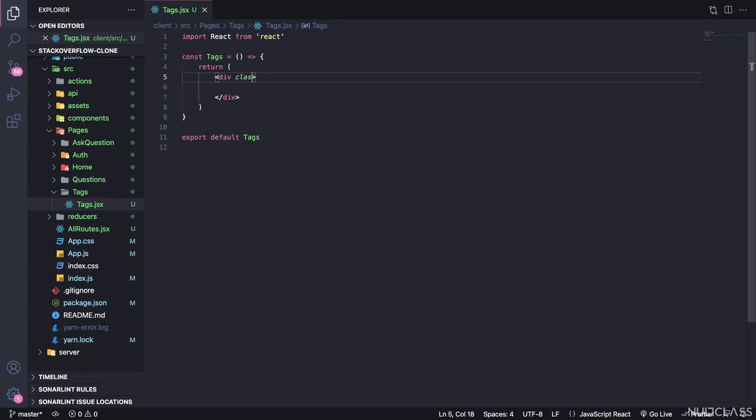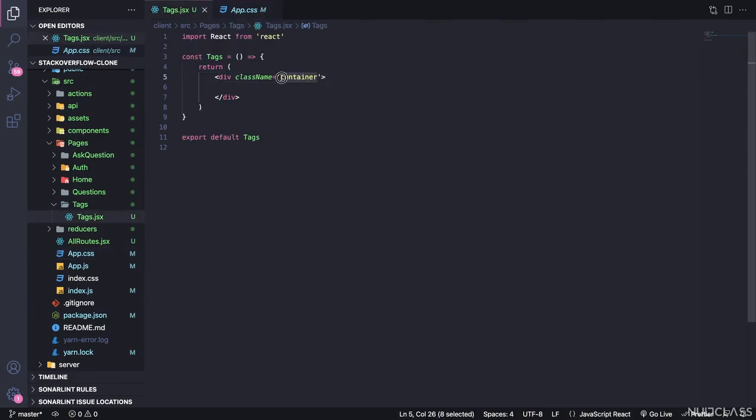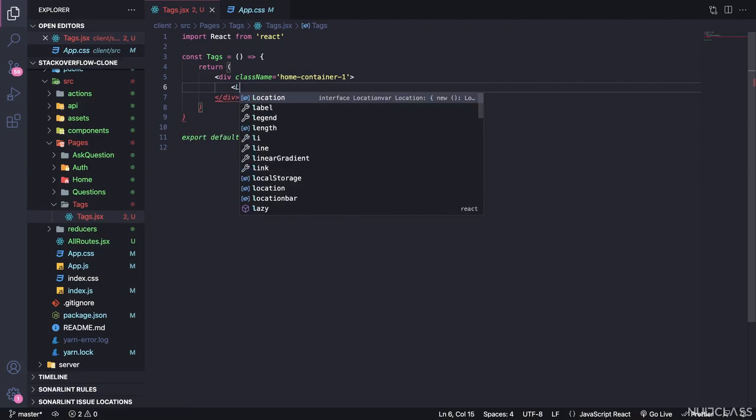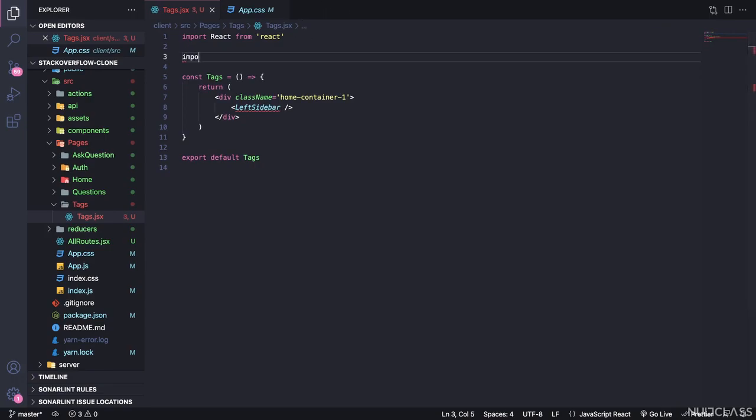Now the class name is going to be a container, which we have used many times. If we go to the App CSS, we have used container 1 and container 2. We're going to use the same container names in here also. We'll change this to home-container-1, and in here we're just going to have LeftSidebar first, which is a self-closing tag. We will import this LeftSidebar from